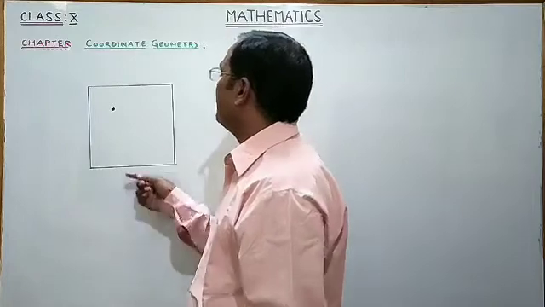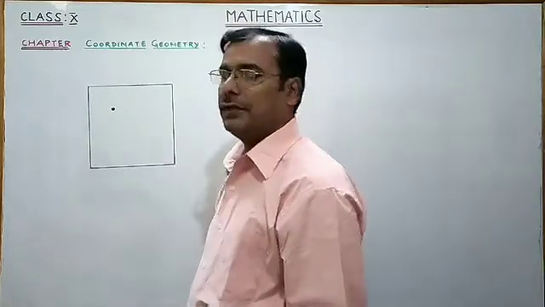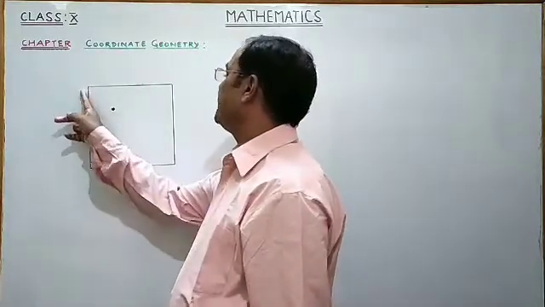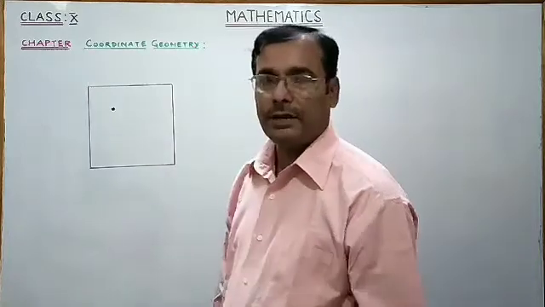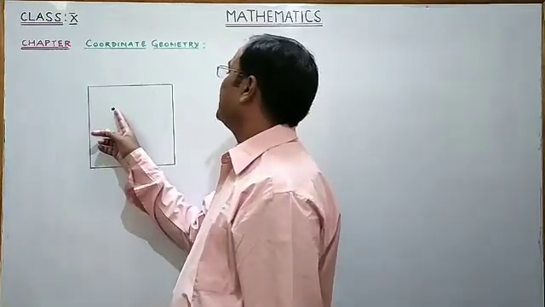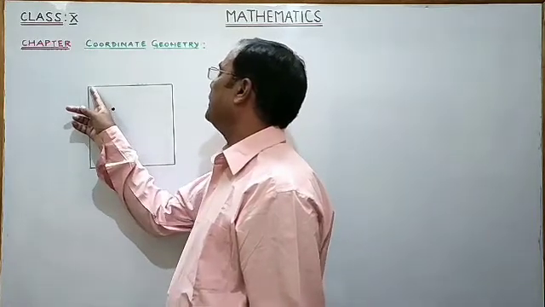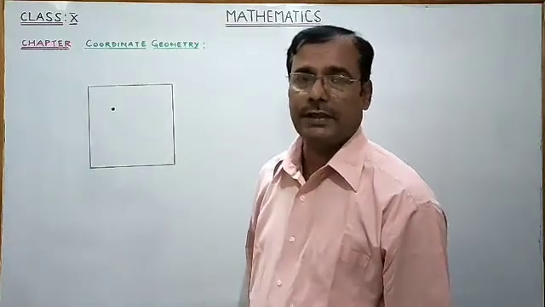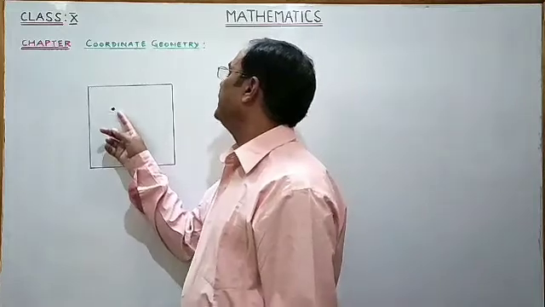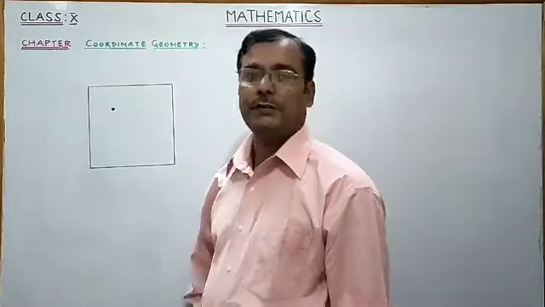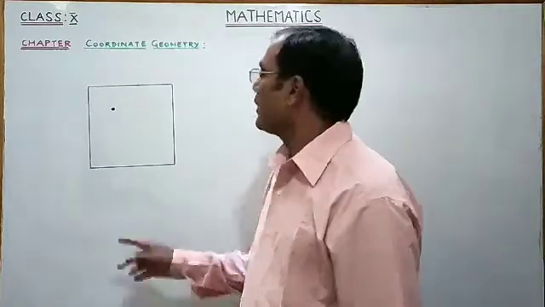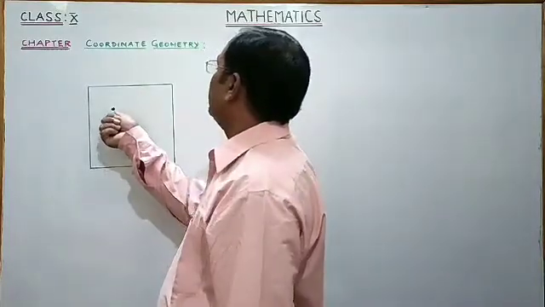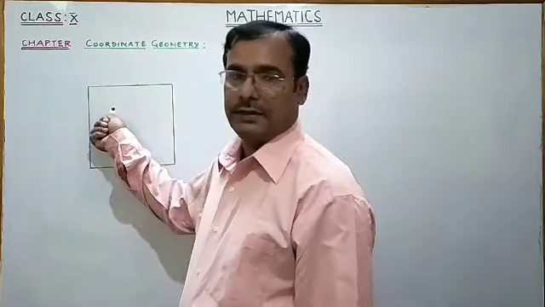You will say that this dot is in the upper half portion of the paper, or you can say that this dot is near the left edge of the paper, or even you can say that this dot is very near the left hand upper corner of the paper. But do any of these statements fix the position of this dot on the piece of paper? No. Because by giving such statements, the position of this dot is not fixed.